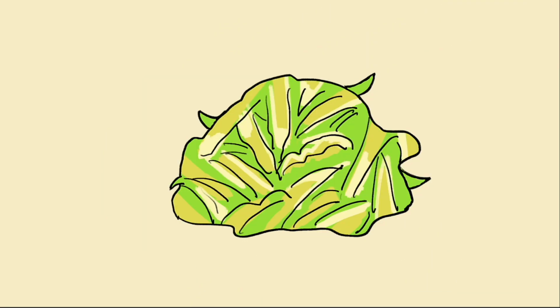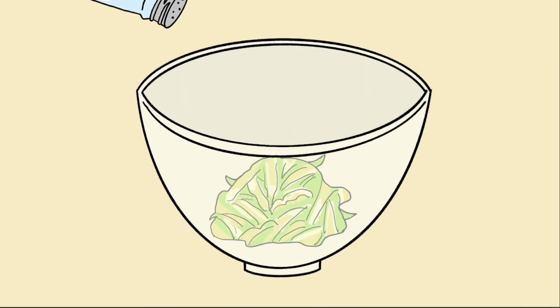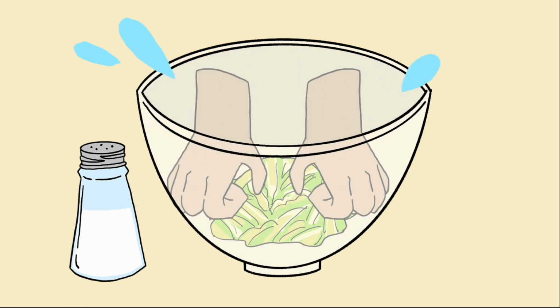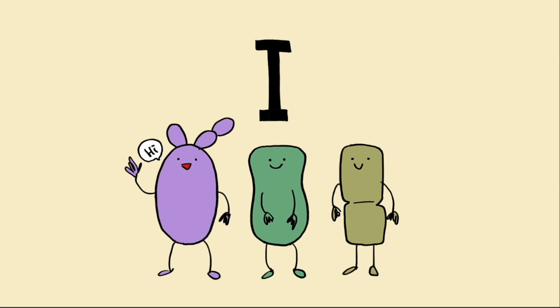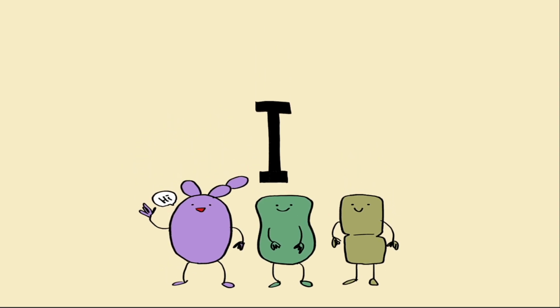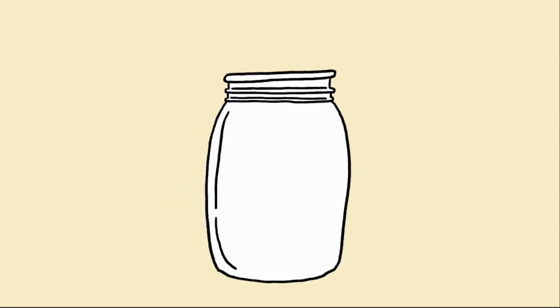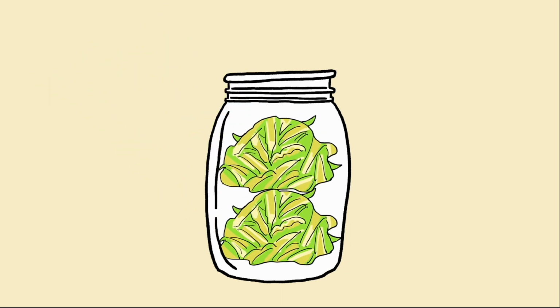Then you can cut and shred the cabbage leaves and massage them in a bowl with the non-iodized salt in order to extract all of the liquid out. The salt must be non-iodized because iodine inhibits lactic acid bacteria growth, which we don't want. Once there's enough liquid extracted, you can transfer both the cabbage and the liquid in a mason jar and place